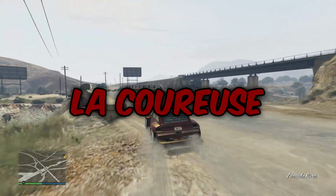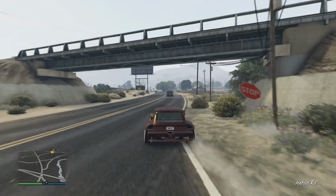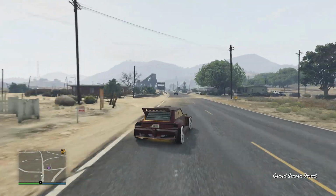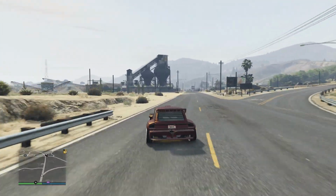The Hakiii sports car is next up on this list, and it shines in traction. I mean, it grips the road so well. I don't think I've driven a more grippy car than this one. It is literally stuck to the road, maybe with the exception of F1 cars, but I mean, they're